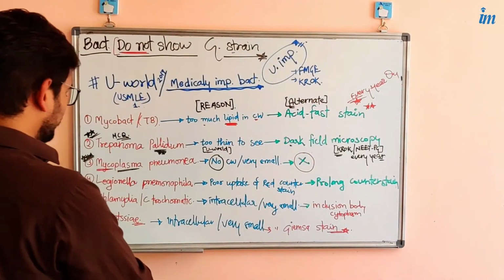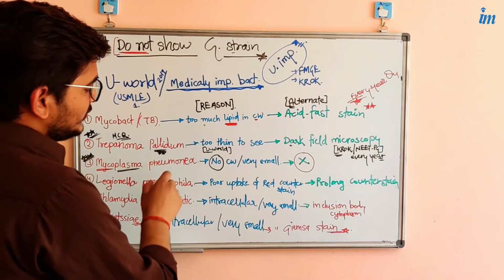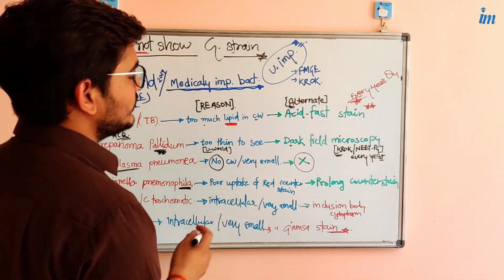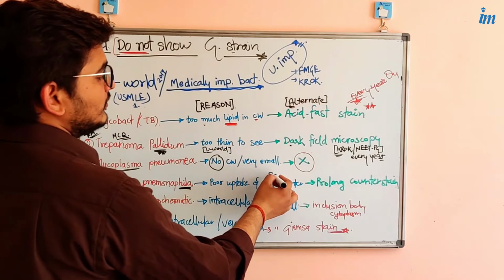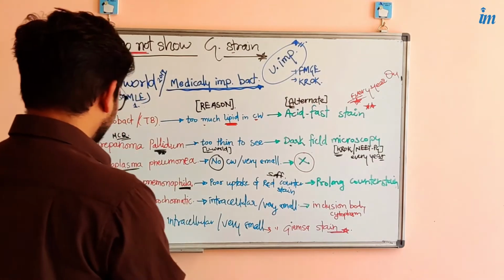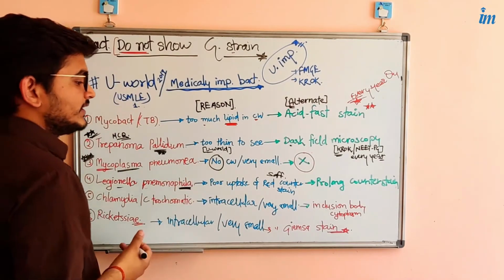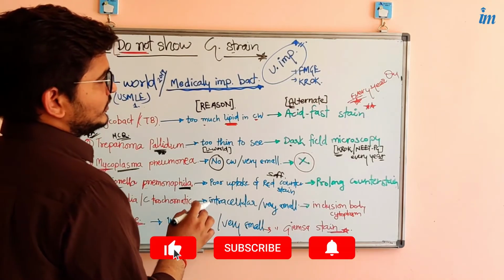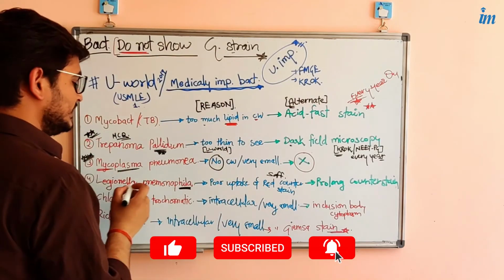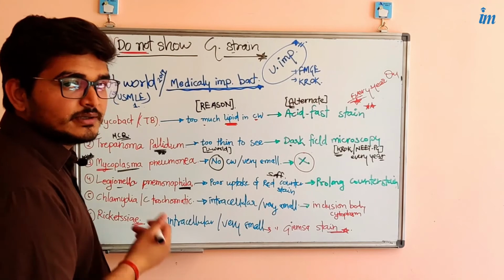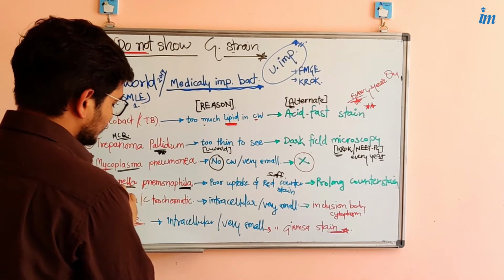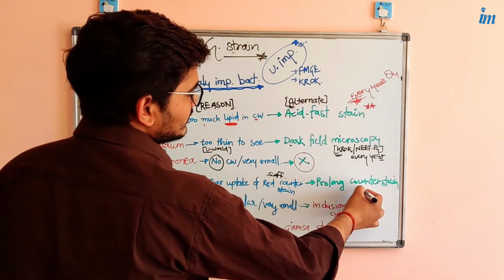So here the fourth one is Legionella pneumophila. It is not a typical pneumonia. It shows poor uptake of the red counterstain, that's safranin. USA-based, very famous questions, because it is basically found in African and American countries. If you are going through the FMG and crop questions, you can skip this point. But who knows, in a future examination it may come in your paper. So just keep in mind Legionella, very famous for the Step 1 question.